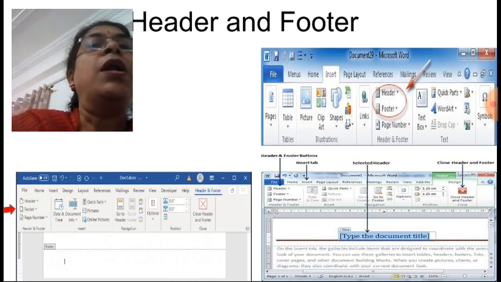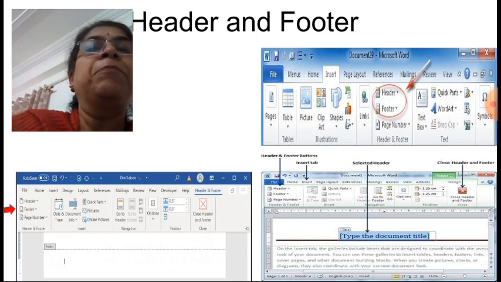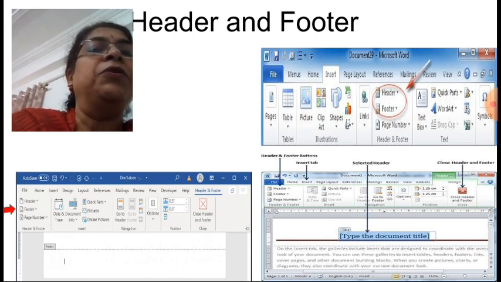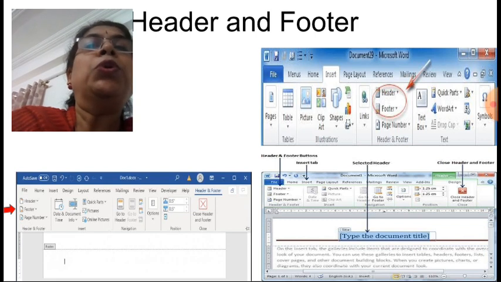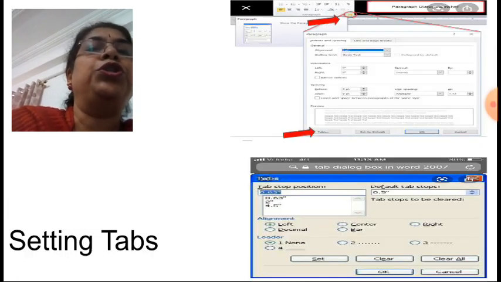insert menu. Now in the insert menu, whenever you click on either header or footer, sub menus of header and footer get displayed, and from that you can edit the header or footer. The header you have to give at the top of the page, the footer you have to give at the bottom of the page. It is shown here, see, an example is given here. Okay, and you can change it, and whenever this is finished you have to click on the close button, so the cursor will come out of the header and footer option.